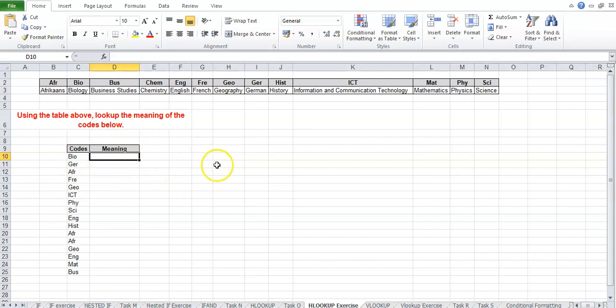So basically, when you're trying to translate what some code means, you are going to use a lookup function. In this case, we can see that the table that has been provided for us to look up these codes is horizontally set out, which means this is the Hlookup, horizontal lookup. So what we're going to do is put our cursor next to BIO, and you start with equals,